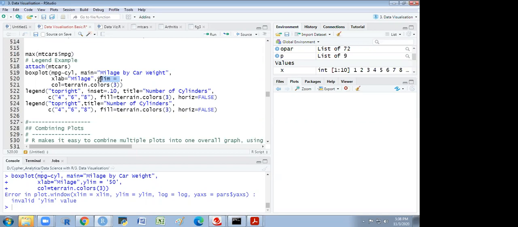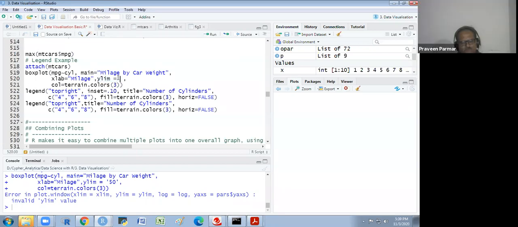So how about if we give 35? Is it going to work? No, no, that's not the reason. There is some other cause. It is the plot dot window we have to take for that limit. Plot dot window.